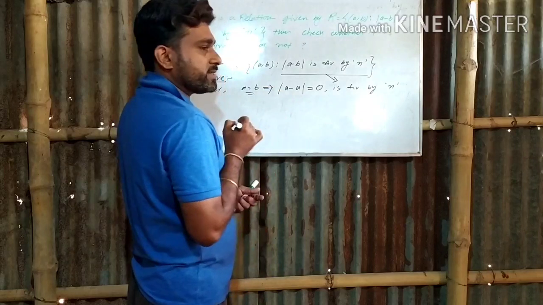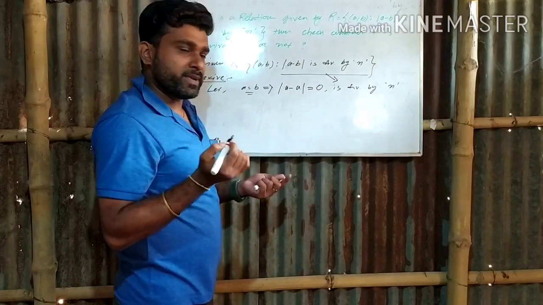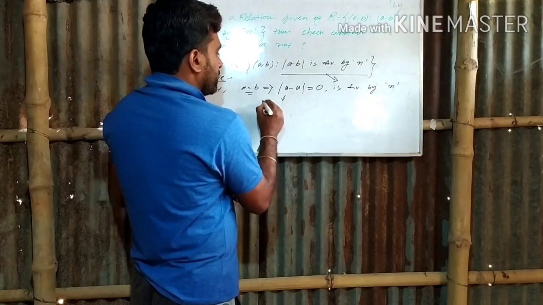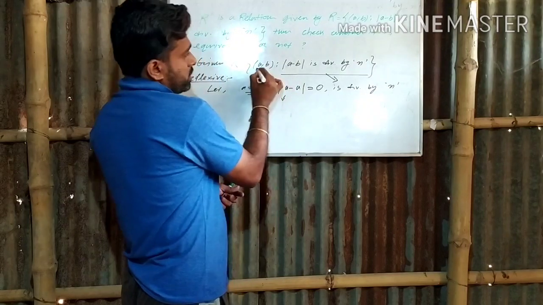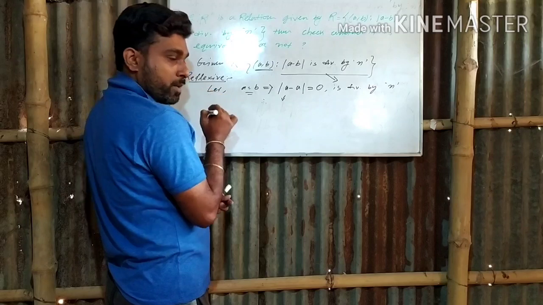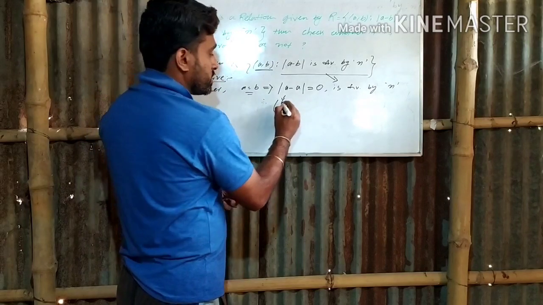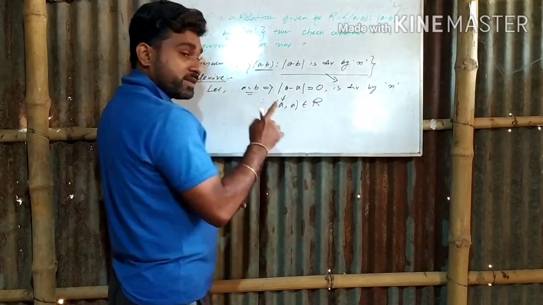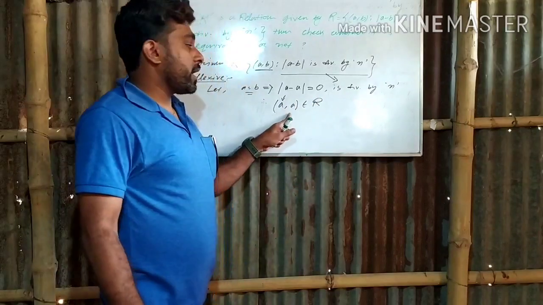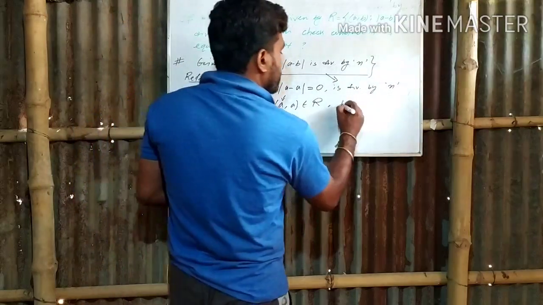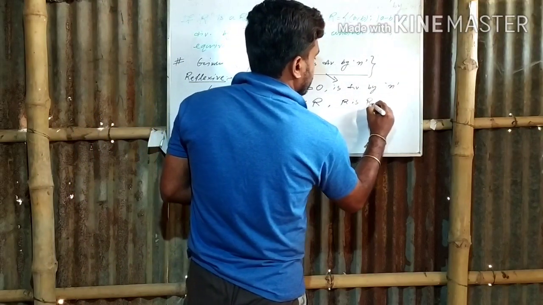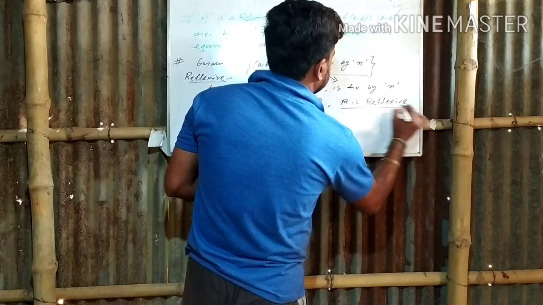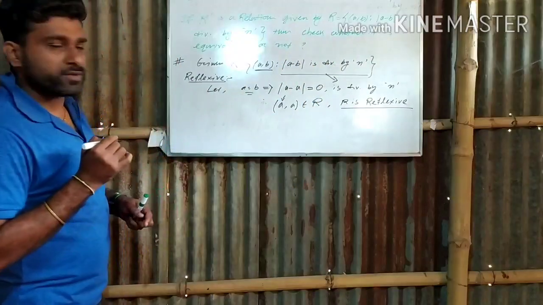So if this condition is satisfied, then what does it mean? That we can choose A equals to B here. So if A equals to B, then the order pair becomes what? In the given question, the order pair was A comma B. So in place of B you have to write A comma A belongs to R. So as I told you, if this type of order pair A comma A belongs to R, then R is reflexive. So the first property is good.